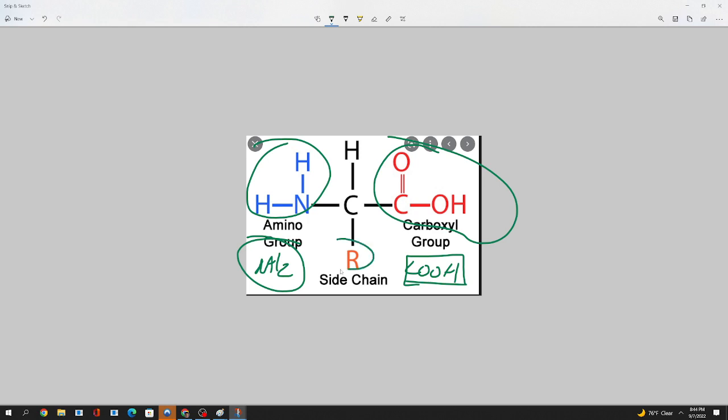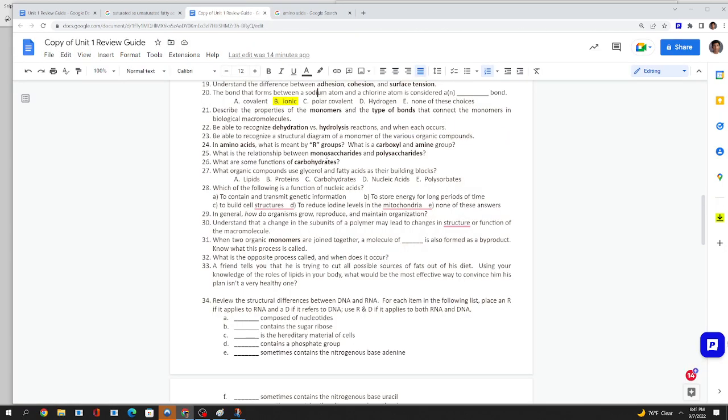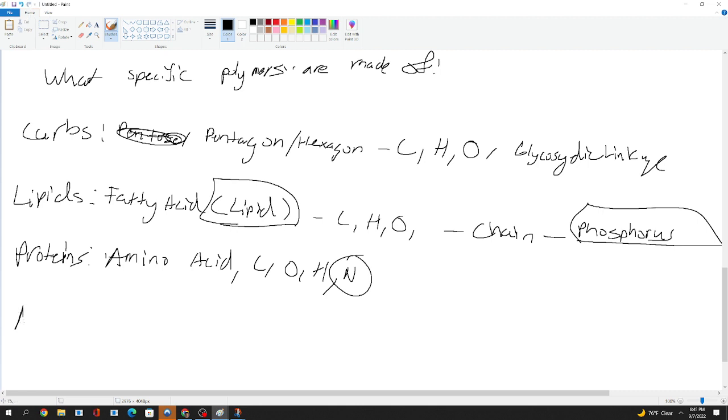You have this thing called an R group. R groups are, the best way to explain it, actual chemical things that are attached to it. It's not the letter R naturally. It's just that because amino acids vary, you're going to have different chemicals for the R group. But the R groups are very important, and I'll get into how that's important for a protein in a second. So there's that. And then if you want a nucleic acid,